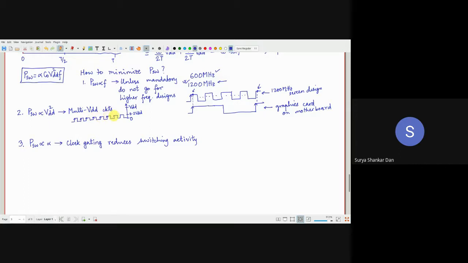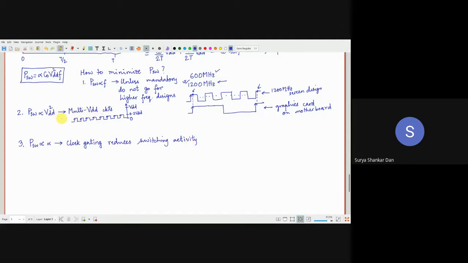It's not level triggered. Mostly we will be using, even if it is level triggered, doesn't matter, we will be doing it at 0.2 VDD itself. Okay, so for the clocks we will essentially be looking at the instances, the clock edges only. So this is a typical example. Clock gating is just one example. There are several ways of reducing switching activity, as you will see. There are several techniques of reducing VDD.